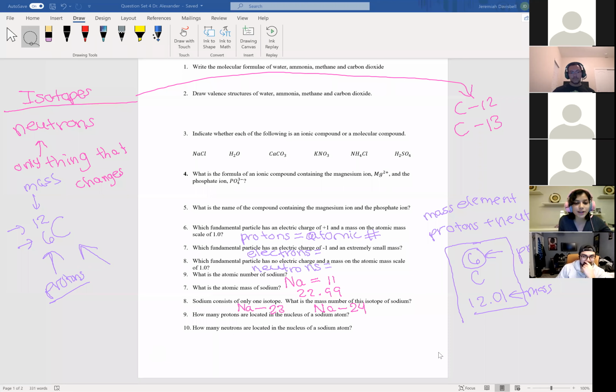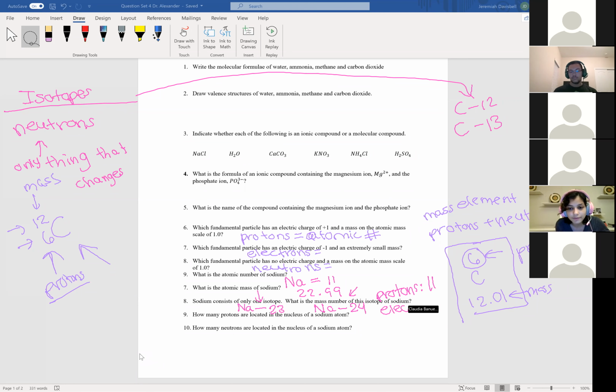So this one would be your regular sodium that has 11 protons and 12 neutrons, but then this is the only isotope that changes. So again, protons don't change. So how many does sodium have? 11. Okay, so how many electrons does it have? 11. And then how many neutrons does this isotope right here have? The sodium 24.